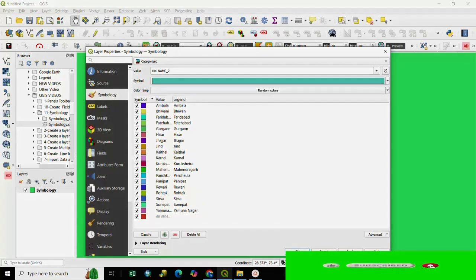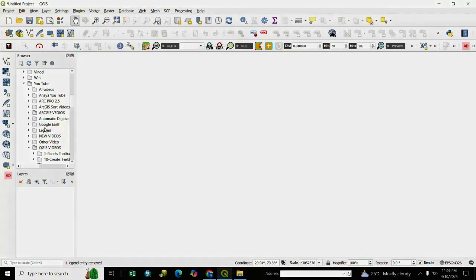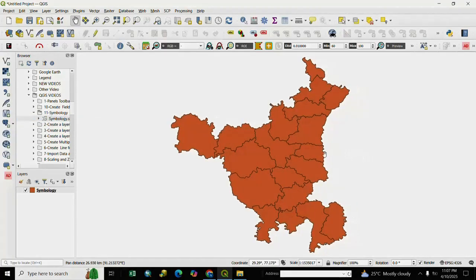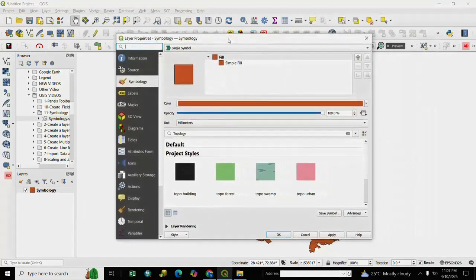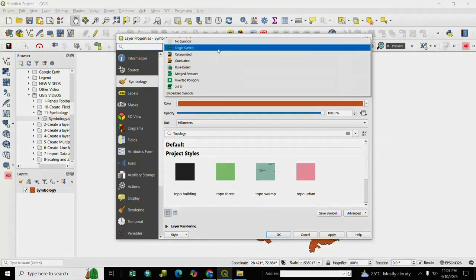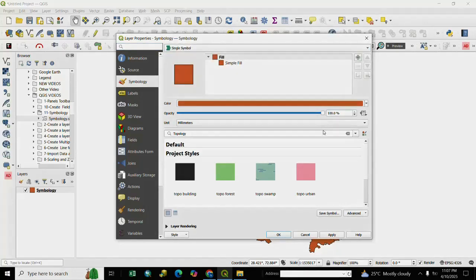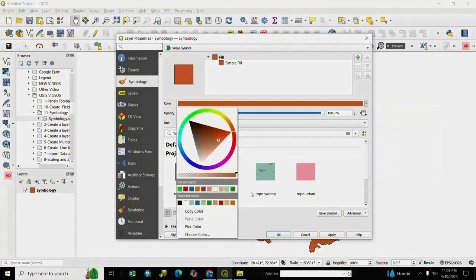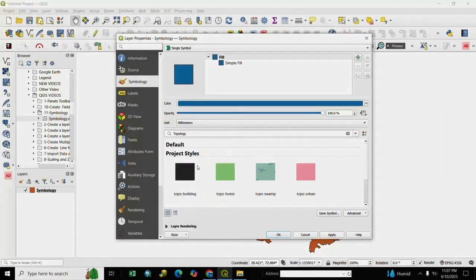So let's start. Here is our QGIS and here is our file path and we drag our file. Here is our data and we change the symbology of this data. After adding the data, we click here on symbology, and here is the symbology layer and we select single symbol. Here is single symbol, and if you want to change color, you select here color and choose a color and